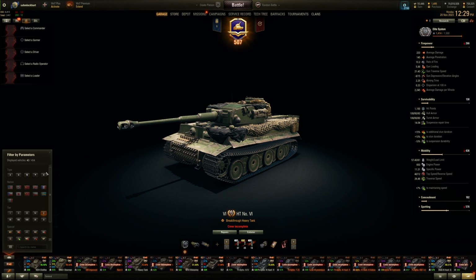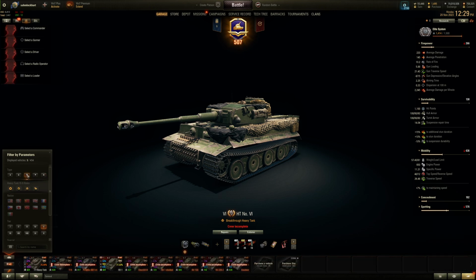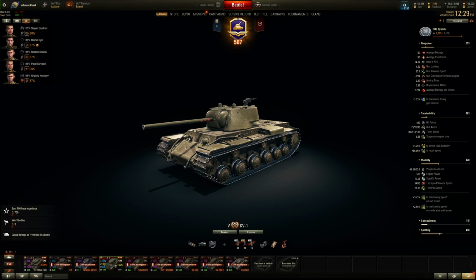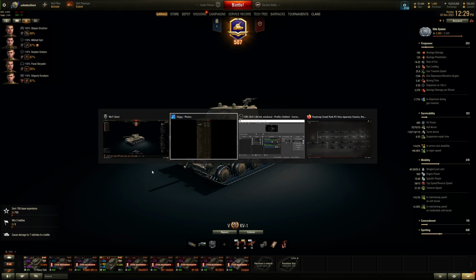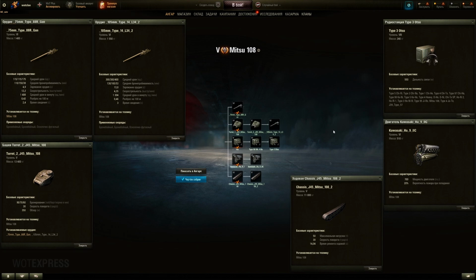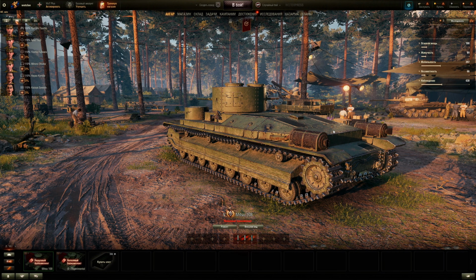So it will take you a while to shoot with that low DPM into like other heavy tanks. I mean, it is a high punching, powerful gun, but you don't have as much armor. So equipment wise, I would say rammer is obviously the main choice. DPM sucks. You might want